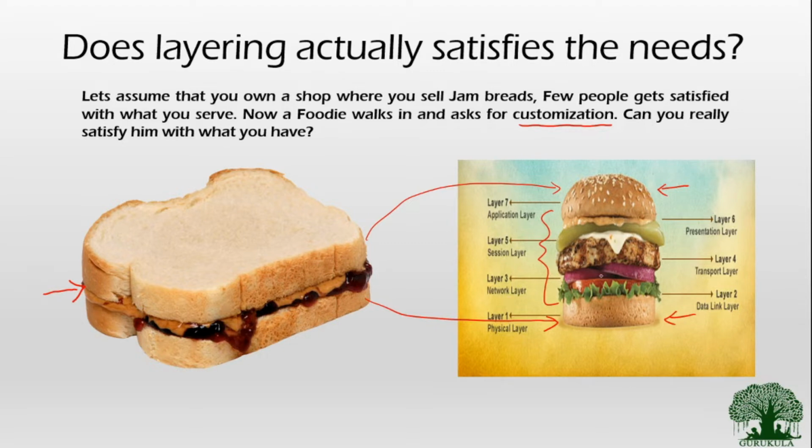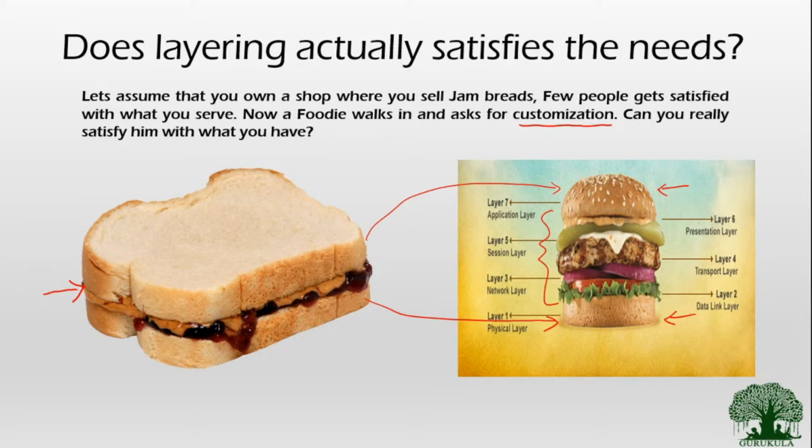If I have to make it more crispy, I can add a separate layer which is responsible for crispiness. If I want it more spicy, then I can add or remove any layers that are responsible for giving spiciness. So I have the freedom of including or excluding any of the layers